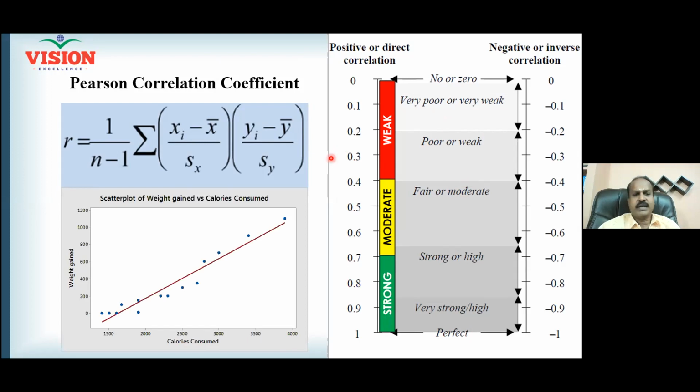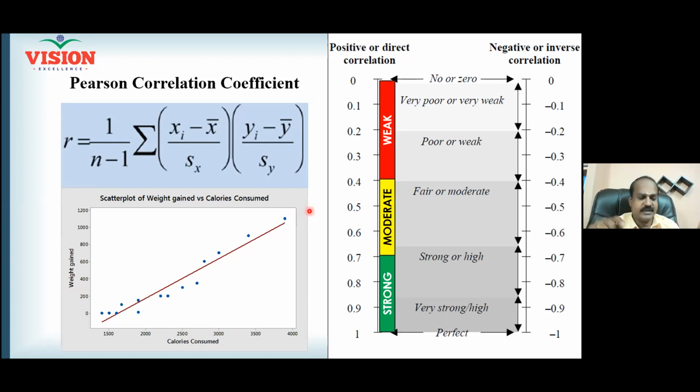And now I'm showing another scatter diagram. All the blue color dots are the points. And now looking at the blue color points, tell me what kind of relationship you are seeing between X variable, which is calories you are consuming, and Y variable is your weight gain, corresponding weight gain. And what kind of relationship that exists? Positive. Strong correlation and positive. Strong positive. Positive correlation. You can also say the relationship is linear.